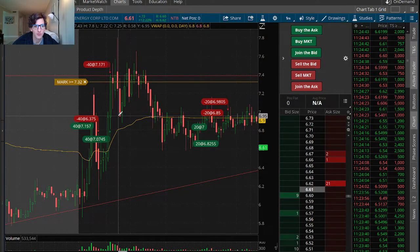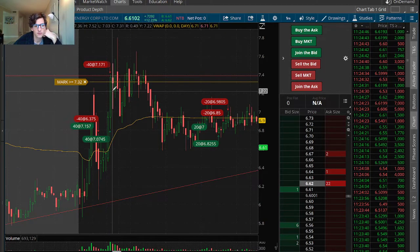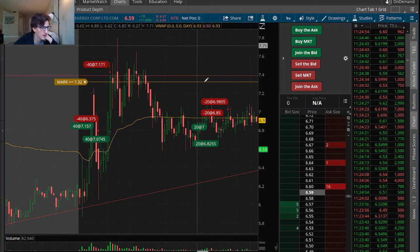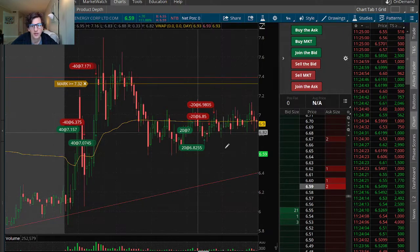And now here I'm adding through 7, and it was really chopping around on this candle, and it was really hard for me to get filled. I was trying to get out, and the small gain on that one, and it broke the high. It did a nice false breakout. I was really thinking we could get a nice move out of this,